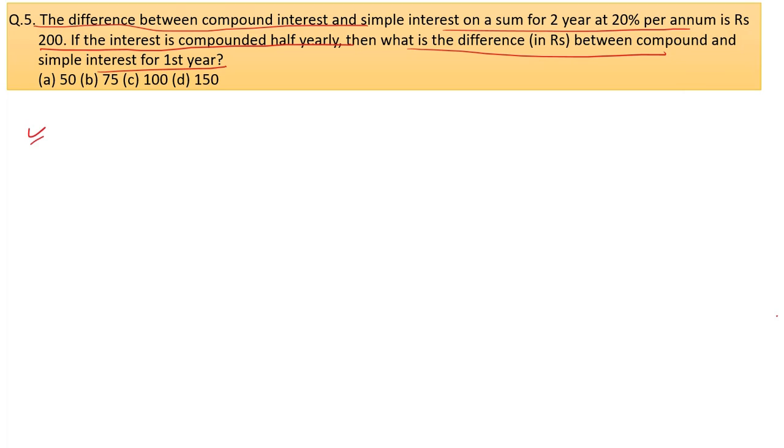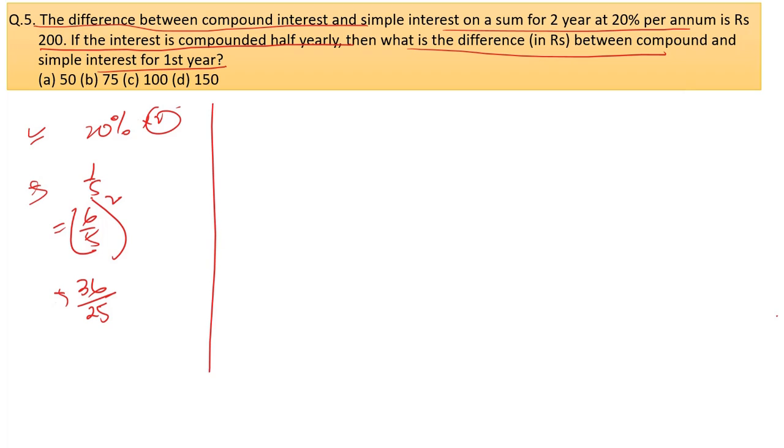Here we have the compound interest rate of 20%, and this is for 2 years. 20% is 1 by 5, so this is 6 by 5, and for 2 years we'll be taking the square. 6 by 6 is 36, 5 by 5 is 25, and then for simple interest we have